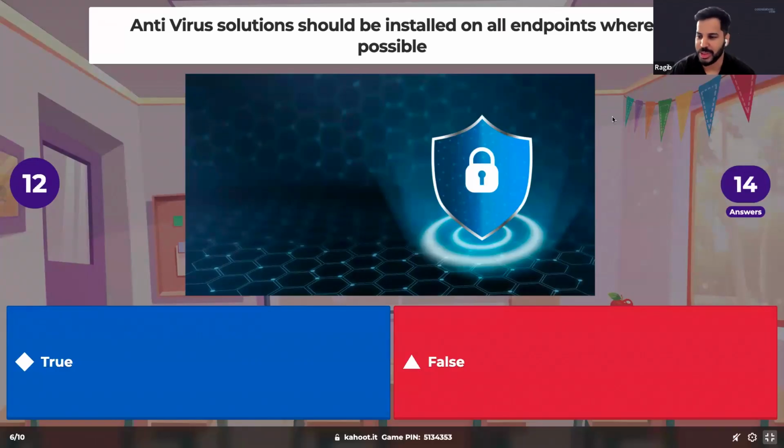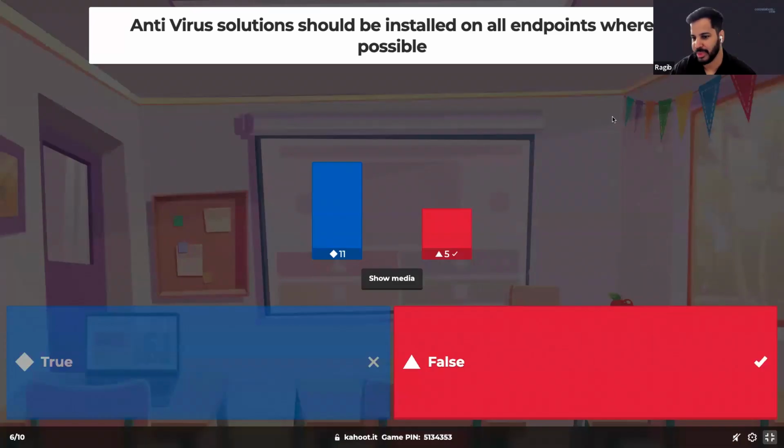So I guess you guys have already answered it, but false is the correct answer. That's correct. It's a very tricky question. Ideally, we want to install it on all endpoints, but some endpoints may not be compatible with antivirus solutions. Like we have our Cisco switches, right? You can't install antivirus software on systems like your IoT devices, right? So it's a very tricky question, but the answer is false. It's not possible to install it on all endpoints. So we can go next